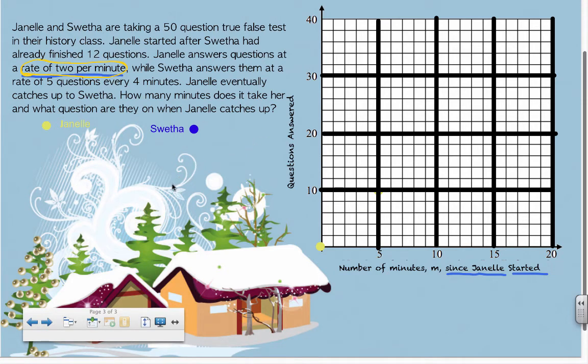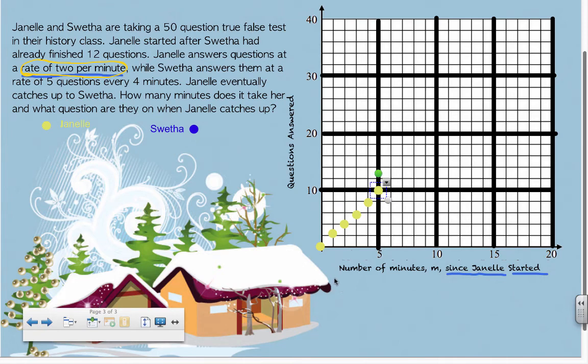All right. So now the next one, here's 1 minute passed. So she's answered 2 questions. Another minute passed, she answers 2 more questions. All right, we could keep going like this, putting up dot after dot,